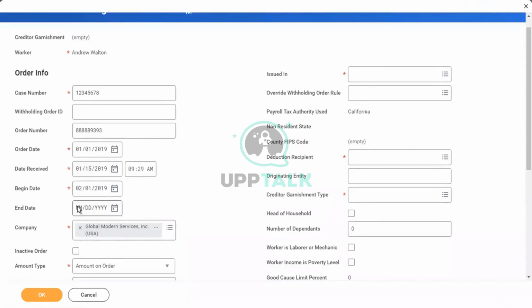Normally for a lump sum payment, we will specify the same end date, as the employee is paying one lump sum. If it is ongoing, please don't enter any end date, or you can estimate based on the total debt. They are paid by frequency. For example, the employee has to pay $5,000